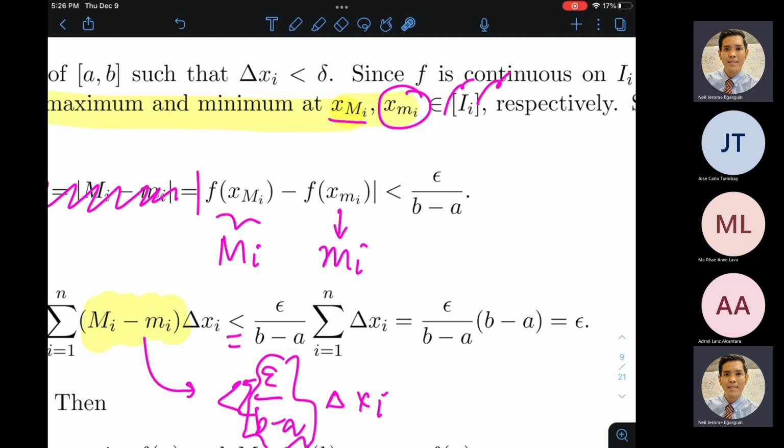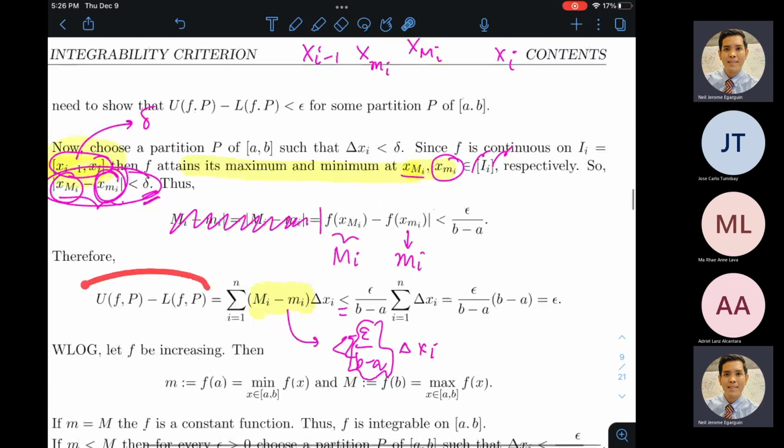And that is why I wanted the challenge epsilon over b minus a in the definition of uniform continuity, because I foresaw that in this proof I would need to multiply by b minus a later. So the challenge I chose in the uniform continuity was epsilon over b minus a, so that after everything is done, it will boil down to epsilon over b minus a times b minus a, and that will cancel out to give us epsilon.